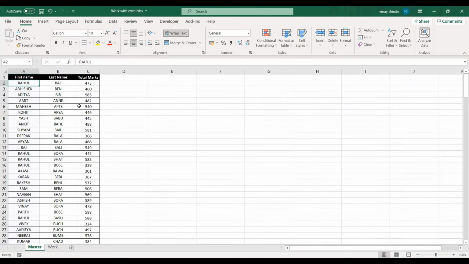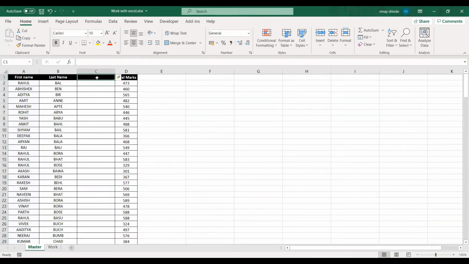So what we can do is simply add one more column here, whatever name you can give. Some call them helper column. I'll call it reference, so I'll simply type ref. Now I'll say equal to first name and last name.